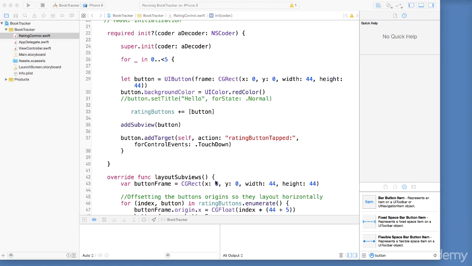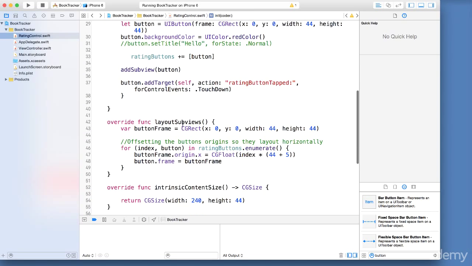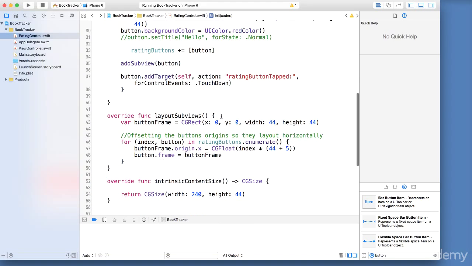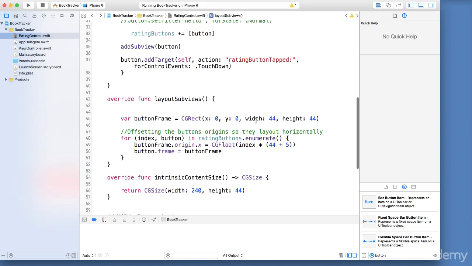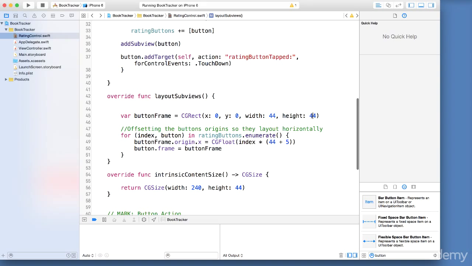Let's go ahead and do some cleaning up here. So right now, if we go to layout subviews, everything is working fine, but it's a bad habit to hard code sizes, right? We have our 44 width and height. A good programming practice is to create a variable that we can assign the value we want to include in our width and height. So we can use that variable. And if we wanted to change the sizes at some point, we can just change that variable only, so we don't have to track down every place that we have added 44.